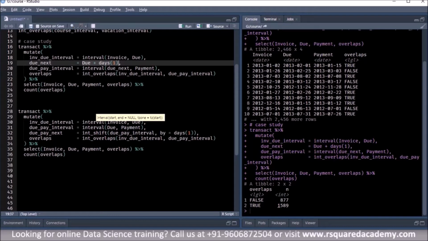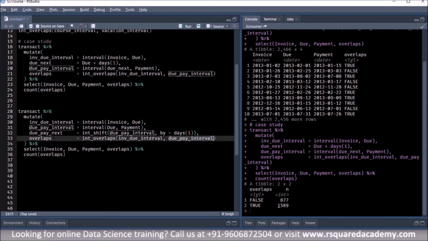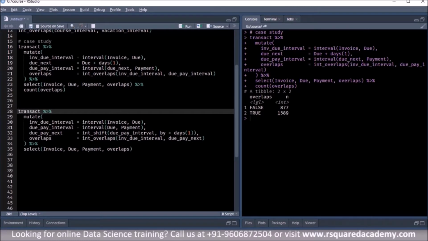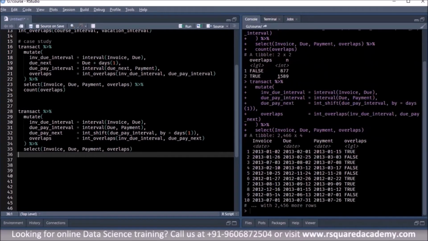Then we'll see if these two intervals, the interval between the invoice date and the due date, and the interval between the due date and payment that has been moved forward, overlap.